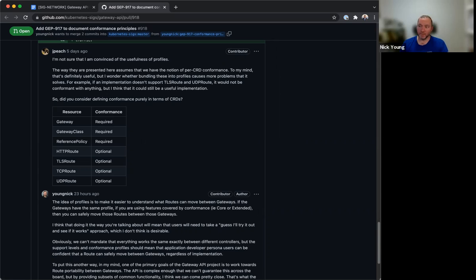And then you can bundle those up into CRD level tests that comprise a set of field level tests, and then you can bundle those up into conformance profiles that are a set of CRDs. And so it probably makes sense to update this document to make that clearer, to make clear that there's a hierarchy here, and that we can provide syntactic sugar in the form of a conformance profile. And all that is saying is the layer 7 conformance profile is gateway class, reference policy, HTTP route, TLS route.